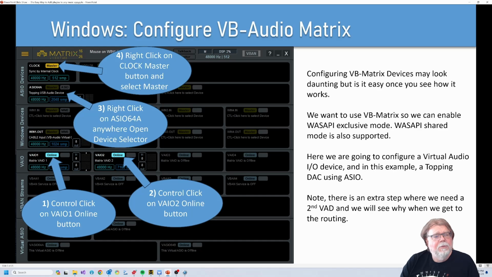It shows all the available devices that you may want to initialize or enable. And in our case, we're simply going to enable these virtual audio input-output devices, 2 of them to be exact. The first step is to control-click on the online button to initialize or enable this virtual audio device with 8 channels of input and output. We will need a second virtual audio input-output device, and so we just simply control-click on VAIO2, and that becomes